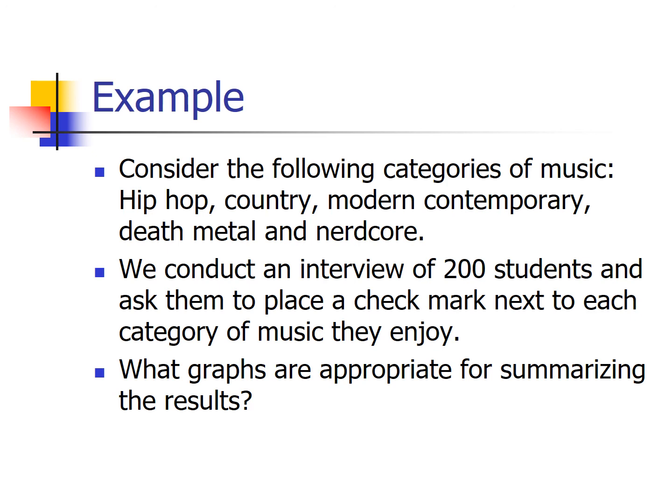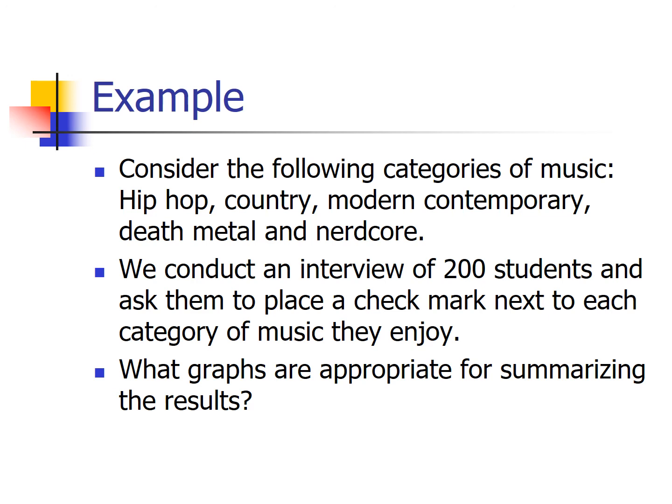That 80% of students check hip-hop, 80% check country, 80% check modern contemporary, 80% check death metal, and 80% check nerdcore, right? Our percents don't add up to 100. They don't have to, basically because students can check more than one music genre. And so because of this, if you imagine trying to assemble your pie, well, you would put 80% of the pie for hip-hop, and then you would try to do the next 80% for country, but of course you've run out of pie, and you haven't even done the last